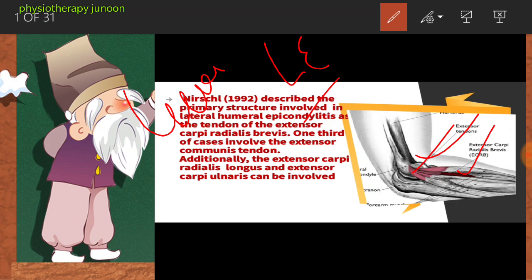Active, passive and resisted movements. In active movements, in the initial stage of this condition, movement of the elbow, wrist, hand are usually full range and painless. In more chronic cases, there is a loss of the last few degrees of elbow extension. Pain may be reported on full flexion of the elbow, which is often described as a feeling of pressure at the lateral aspect of the elbow.